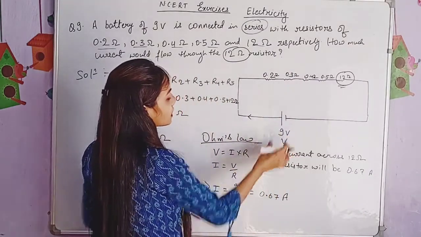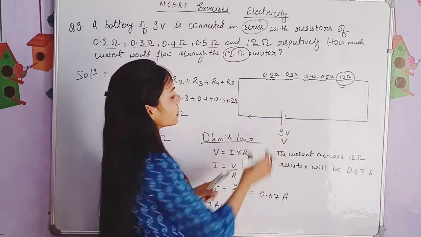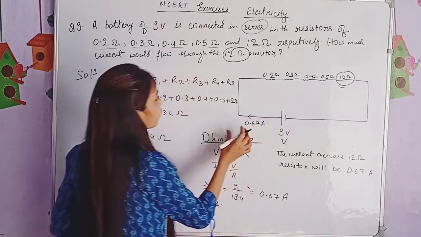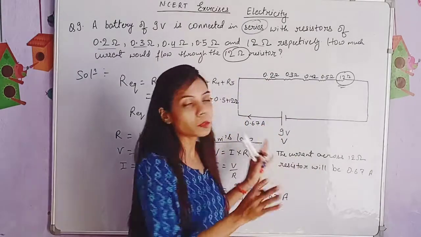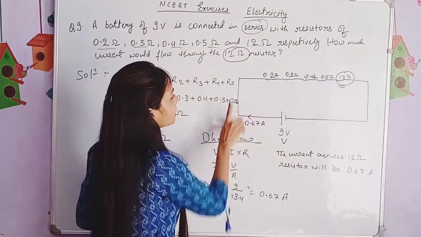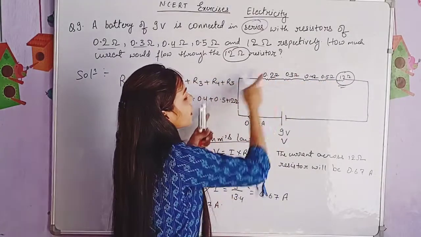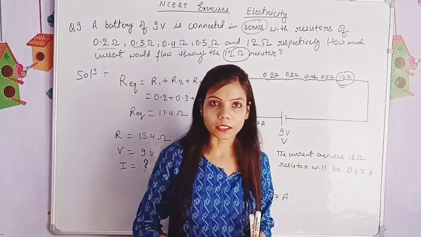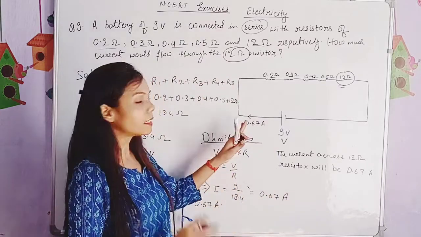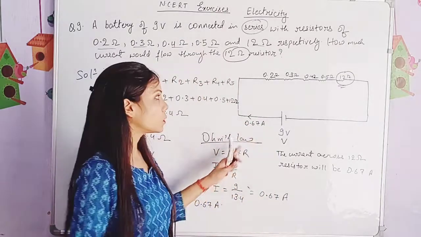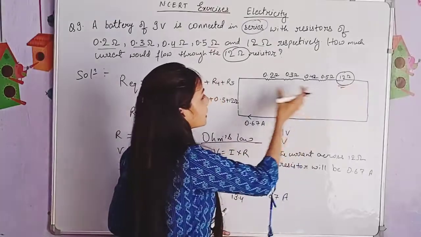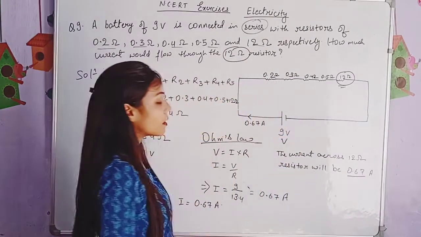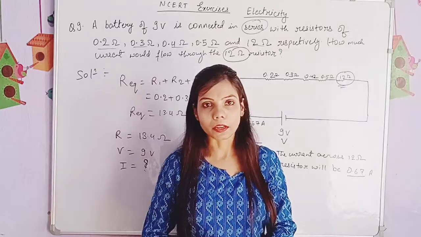This battery is 9 volt, the potential difference, the voltage supply is 9 volt only, and the current withdrawn is 0.67 ampere. Because this is a series combination, the path is not getting distributed here. This is the path, this is the path and this is the straight path. The path is not getting distributed, so current will also remain along the same path. Current will also remain constant. This happens in a series combination: current does not get distributed, only voltage gets distributed. So across all these resistances, across each resistance, the current passing will be 0.67 ampere. The reason is that this is a series combination.